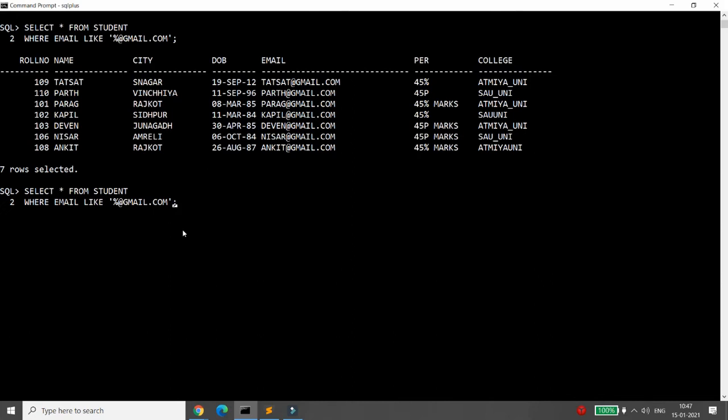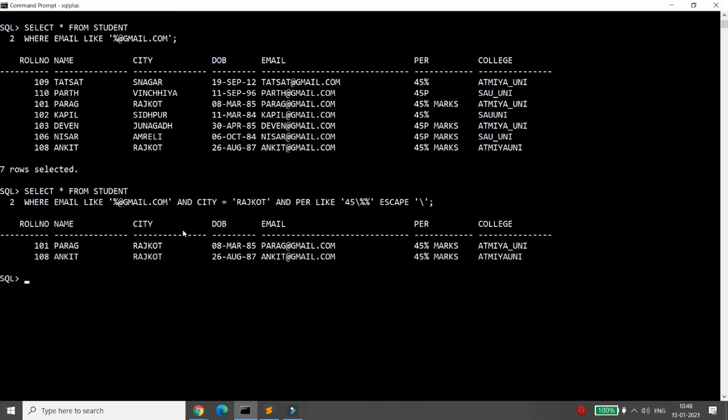Very simple, you can write and city is equal to Rajkot and percentage like 45 percentage, and I want to match this percentage, so you can write the escape slash.